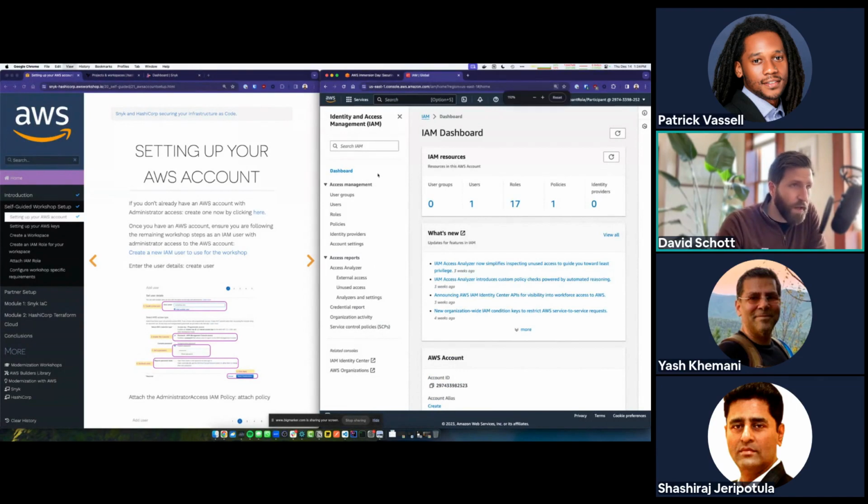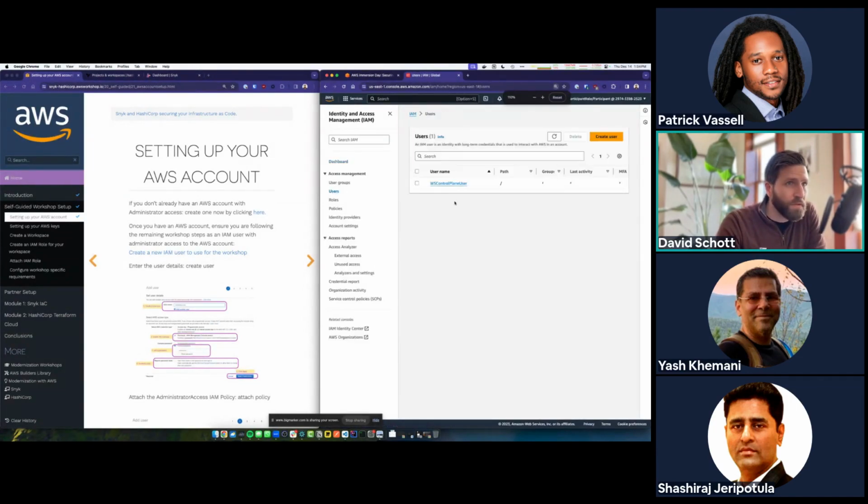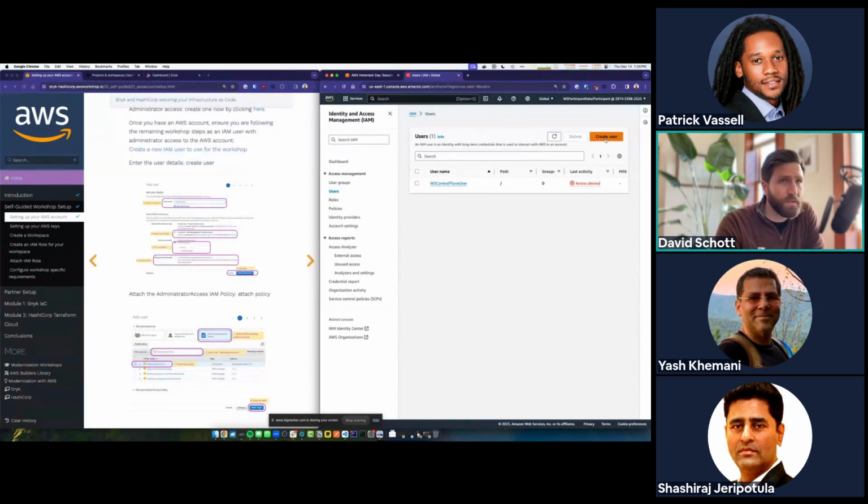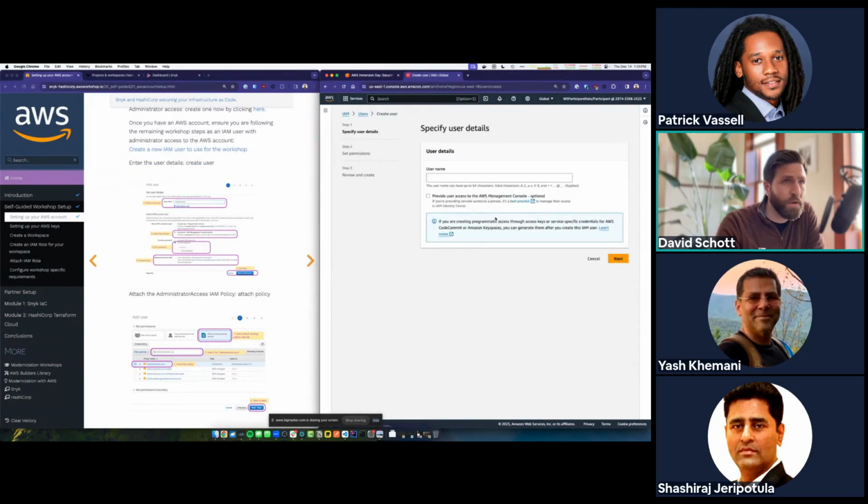And once you're in IAM, if you click on users, you'll see that there is a default kind of user here. It says access denied. This is not the user that we're going to be leveraging in this workshop. So we're going to create a new one. So let's go ahead and click create user. The username can really be anything.